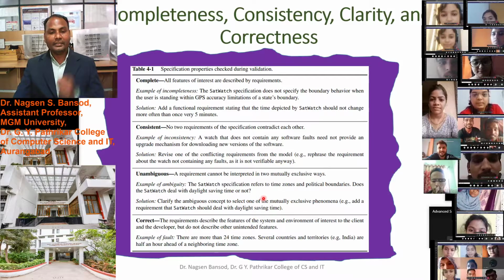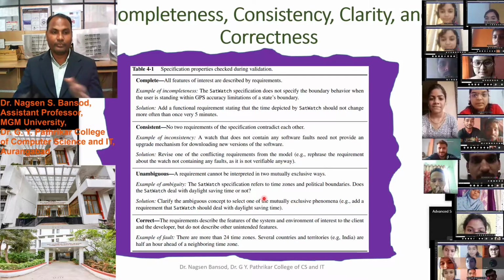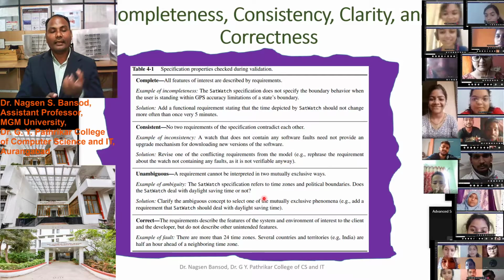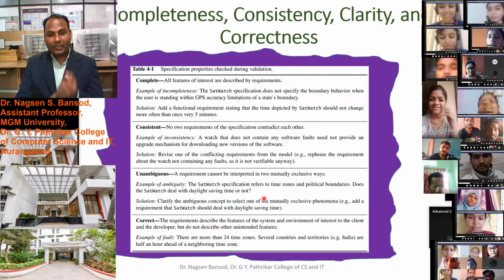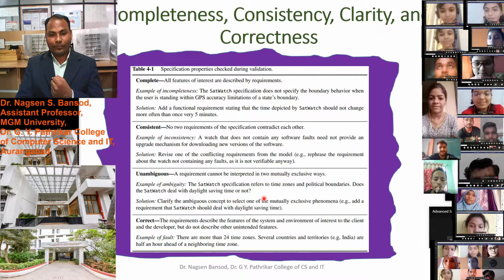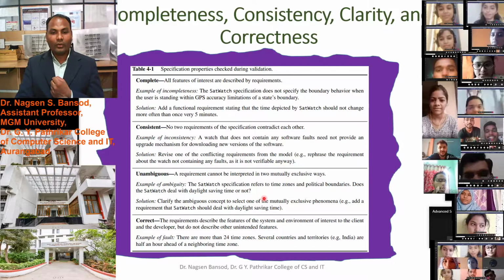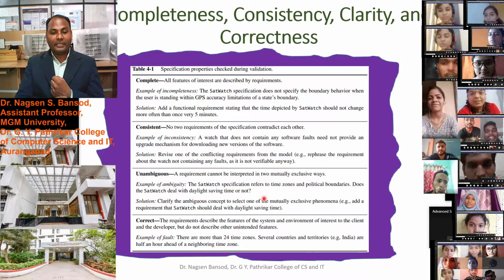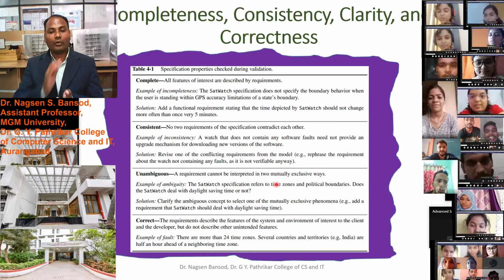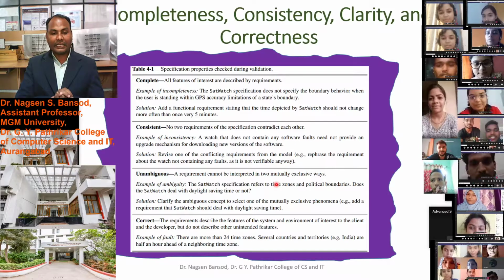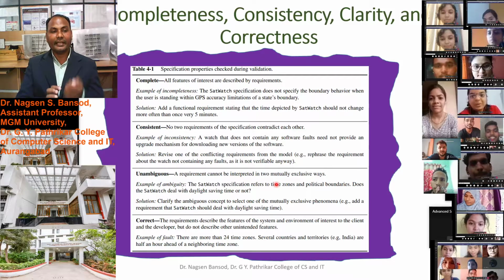We already discussed this. SatWatch is the watch which automatically displays the time at night also. So to clarify the ambiguous concept, select one of the mutually exclusive phenomena: the requirement that the satellite watch should deal with daylight saving time.